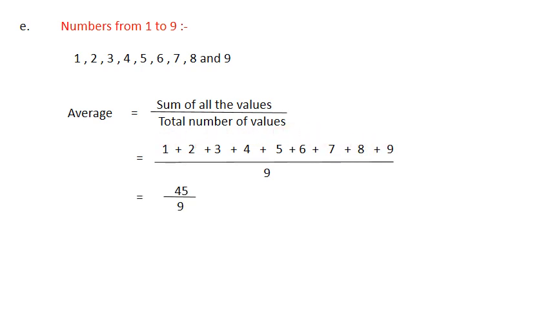Okay, so your answer is 45 upon 9. And the 9 table: 45 comes at 9. How much is 45? 9 fives are 45. And so the average of numbers 1 to 9 is 5. I hope, student, you have understood this sum very well, and you might be thinking it's really too easy. Let's come to the next.